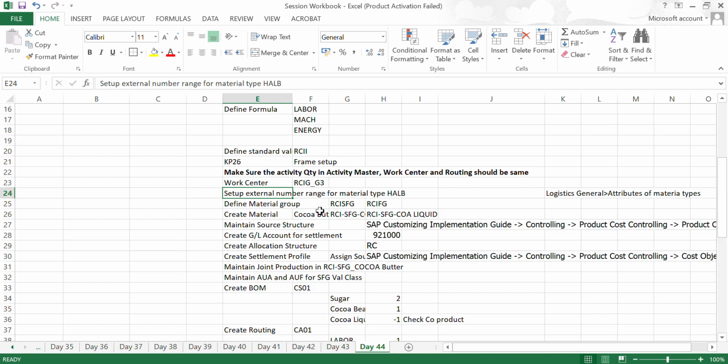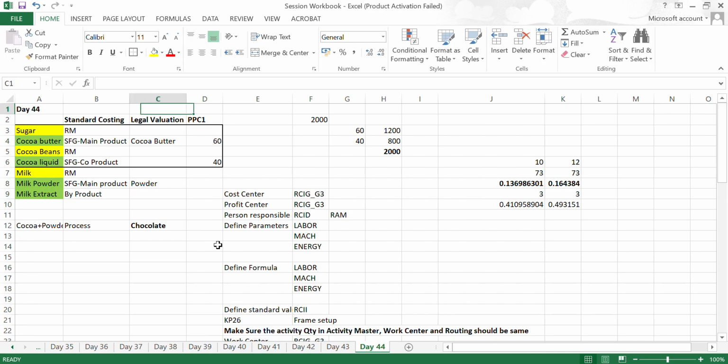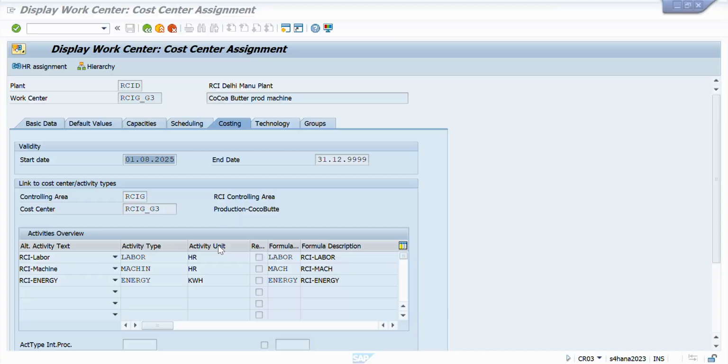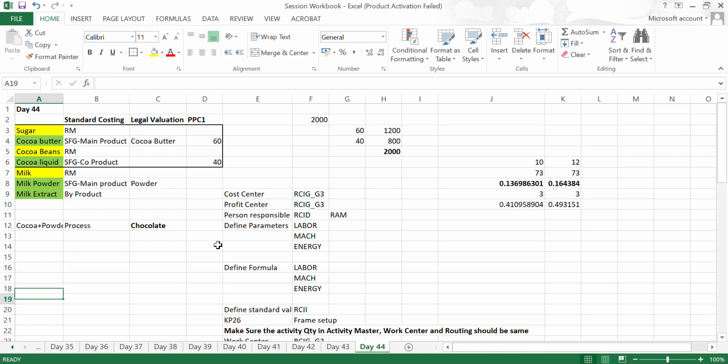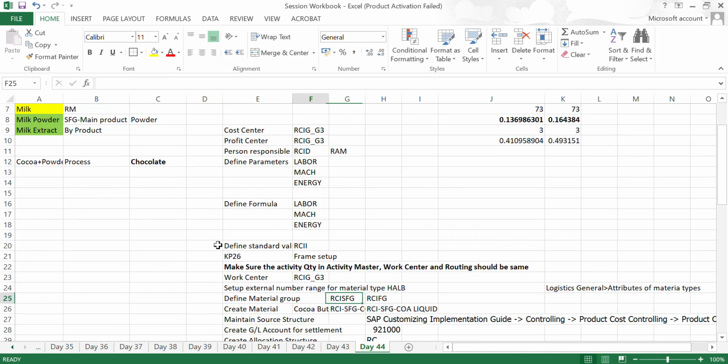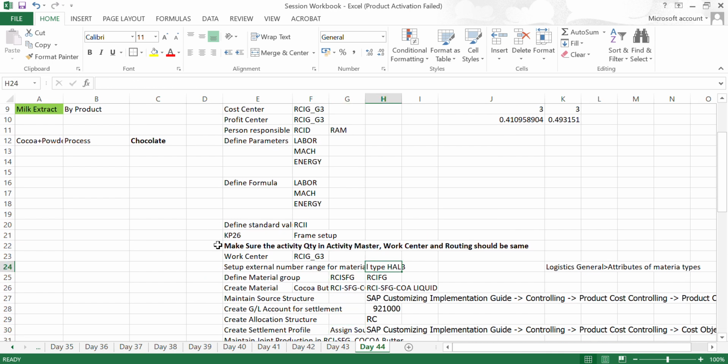ourselves. The next thing is we need to create these material masters, right? In our earlier session we have already created the sugar, cocoa beans, and now we have to create this cocoa butter. So to create this cocoa butter, as you know, is a semi finished goods, and the semi finished goods is represented by the material type HALB, right? So for the HALB material type,